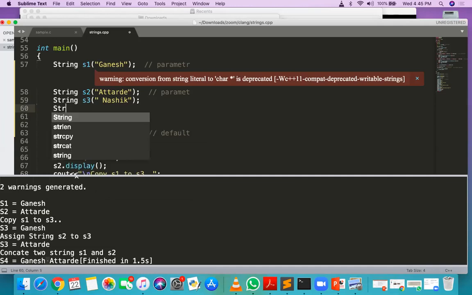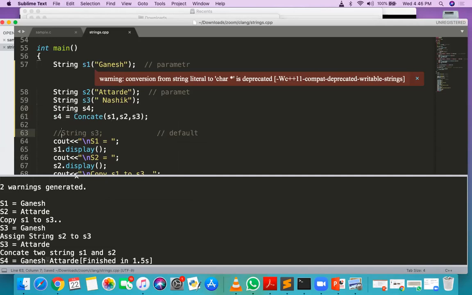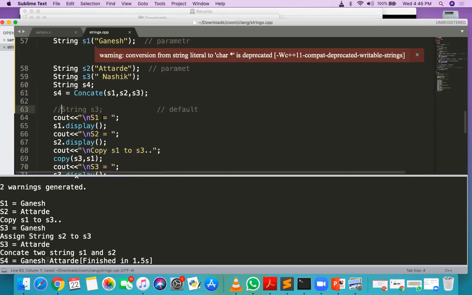And there is one more string, string S4, and the return value is stored into S4 itself. Yes, it should be S1. And to print the S4 content, we are calling S4 dot display.